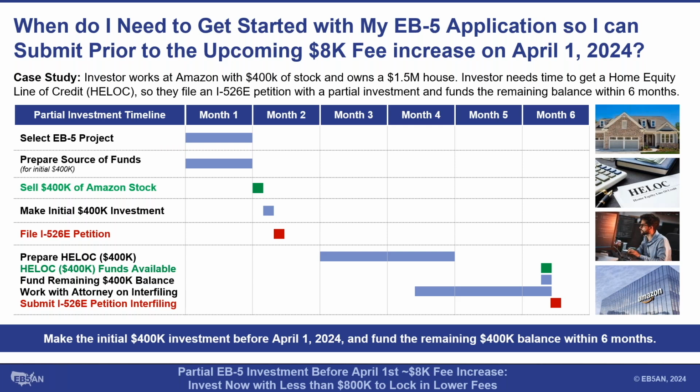So you need to file before that, and it has to be postmarked with the appropriate date. What you don't want is a situation where an investor says, okay, I can get this done, call it March 28th is my deadline, and then everything gets mailed out. No, you don't want to be in that type of position. You need to start moving much quicker than that, because every attorney that participates in EB-5 is going to be inundated as we get towards the end of March. And at that point, you have to account for